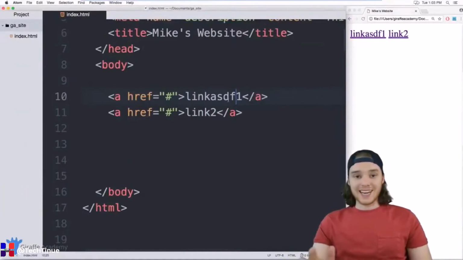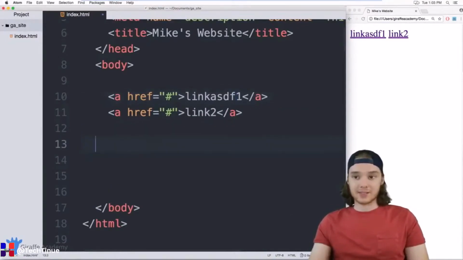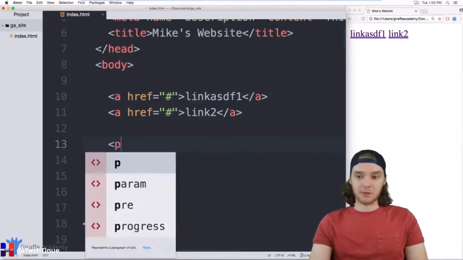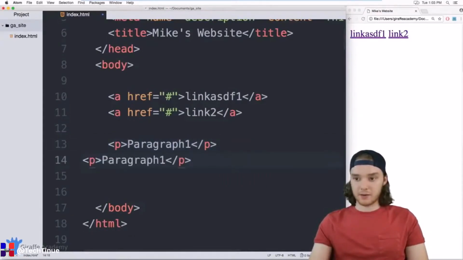These are, like I said, inline CSS elements, so they can sit in line with each other, or they can sit on the same line, is a good analogy. And now I'm gonna create two HTML paragraphs. An HTML paragraph is a good example of a block element. So I'm just gonna make one paragraph, and then I'm gonna make another paragraph down here,